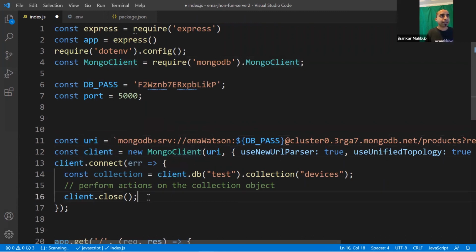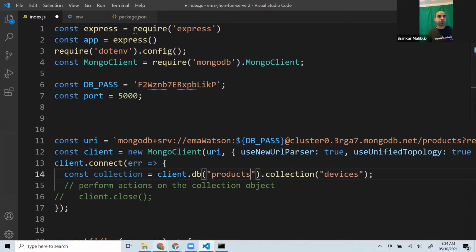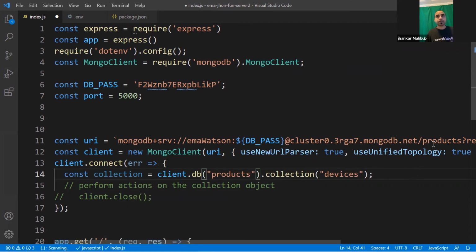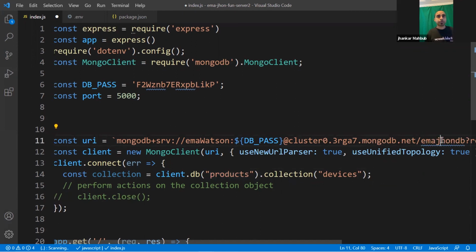And if you get any error, say let's comment this one, it will give you the error. And where you want to go, say for example, your database is the product, so you need to go to the products. This is products database. Or if you want something else, say I want maybe my Amazon e-commerce, you can say like Emma, then Emma John, so Emma John DB, something like this, and this would be your Amazon DB, and your database would be Amazon DB, and all you need to do is to put some kind of things.